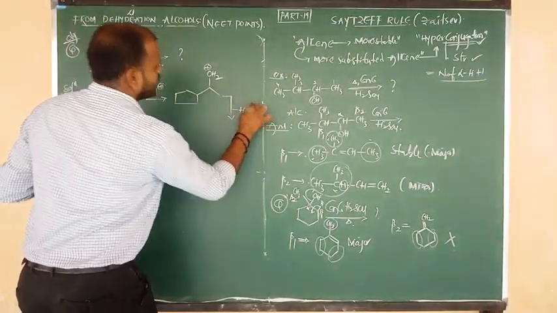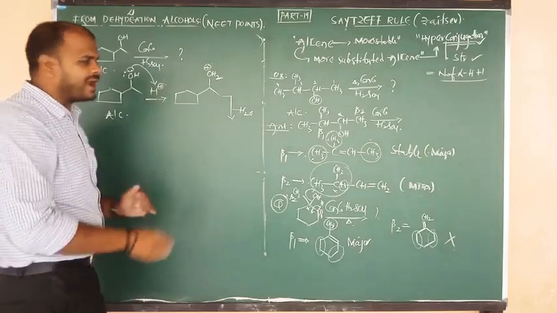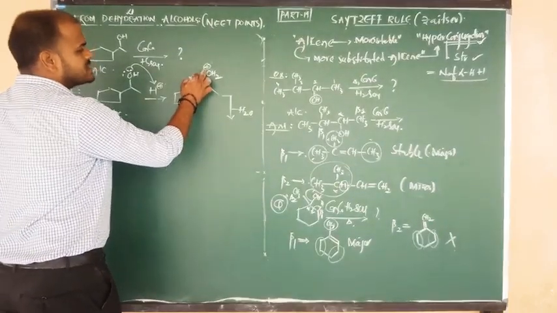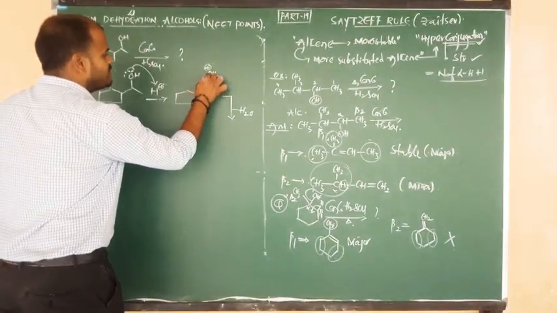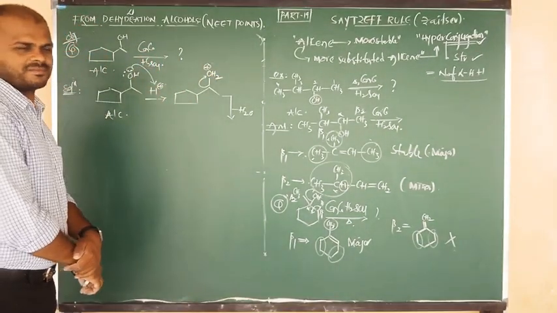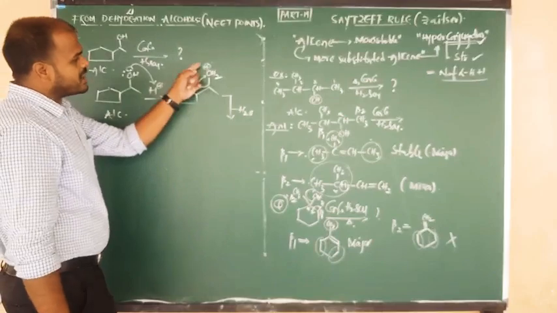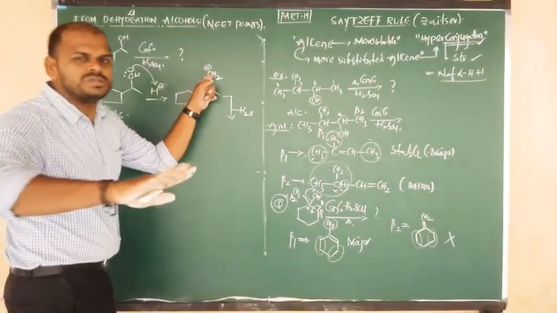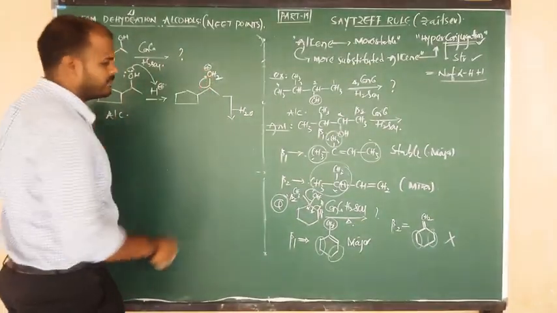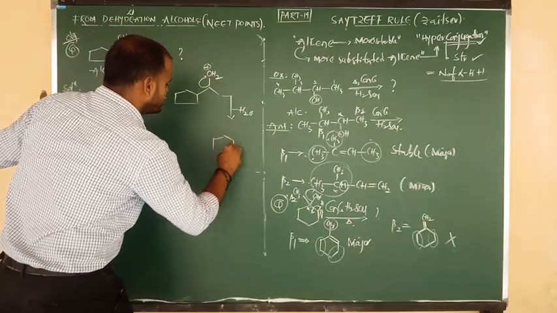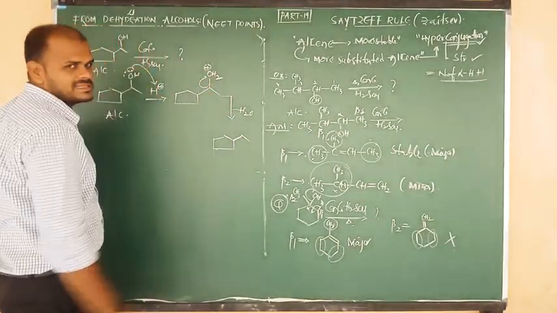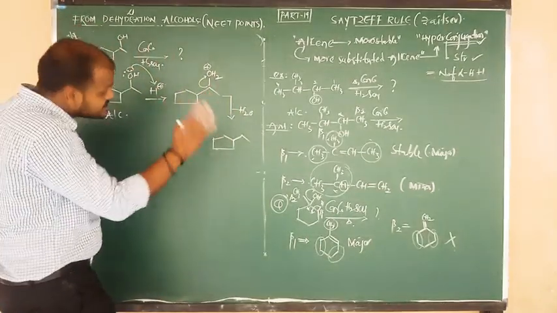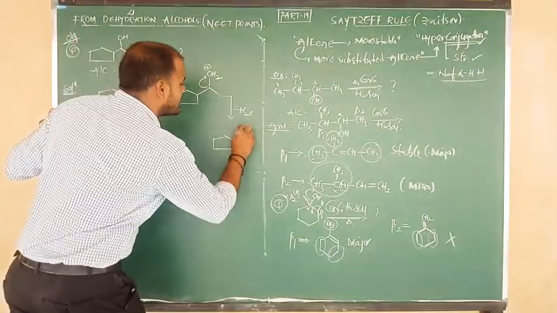Minus H2O, dehydration. How to do dehydration? The bond between carbon and oxygen, due to the higher electronegativity of oxygen, shifts towards the oxygen. So the positive charge of oxygen is neutralized by accepting this bond. After that, the cyclopentane ring stays as it is, the ethyl group stays as it is, but the central carbon acts as a donating group, so it contains the plus charge.